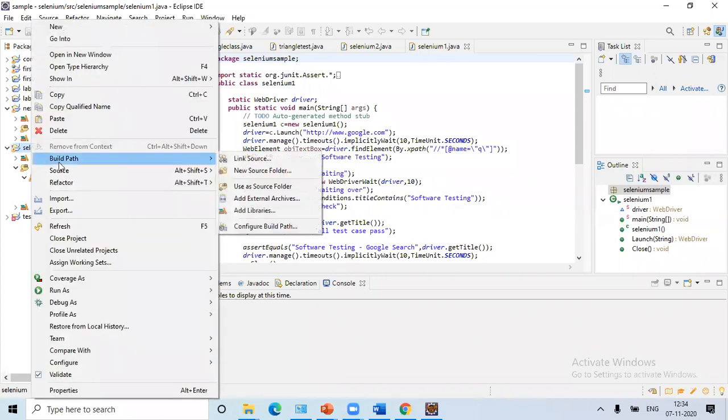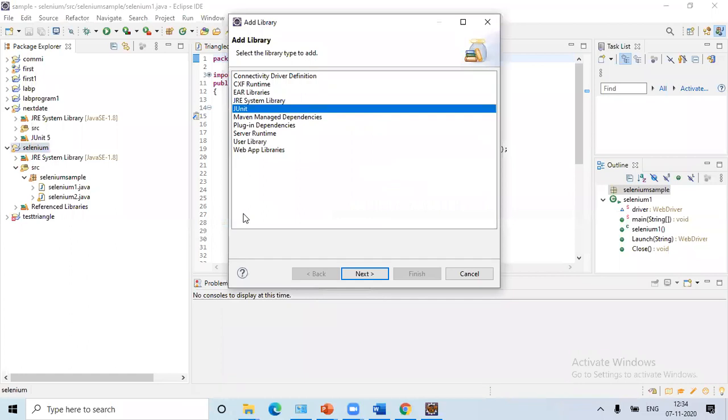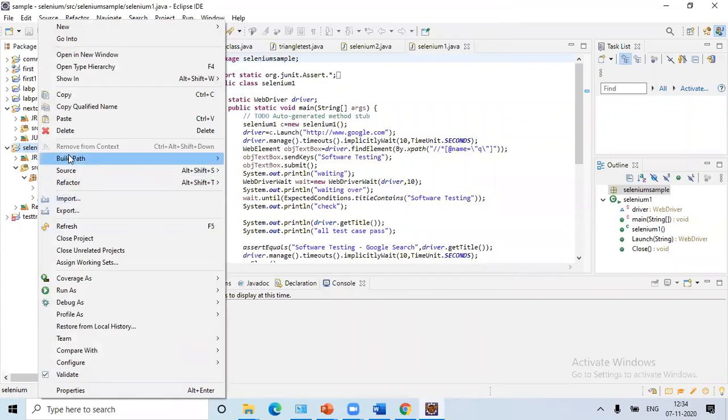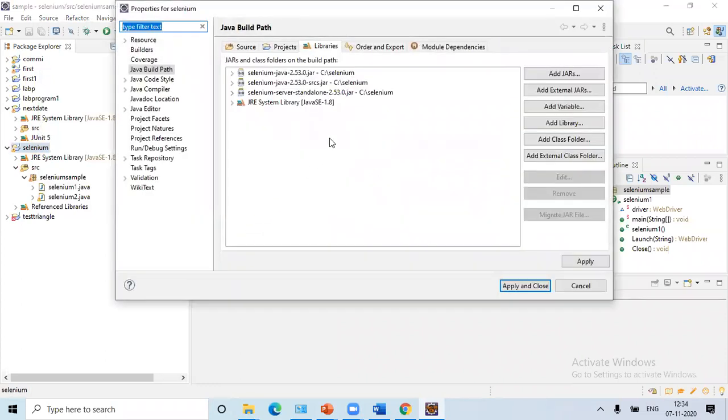So you have to right click, go to build path. I'm adding, that's why it is showing, otherwise you can give configure build path. So directly I'm getting add external archives, or you can do add libraries. Okay, so it is not good. We'll go like this: build path, and then configure build path. In that, libraries. See here, I have already added, that's why it is already shown. Otherwise you have to add like this, add external jars.